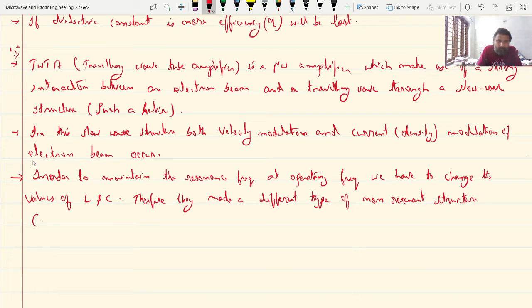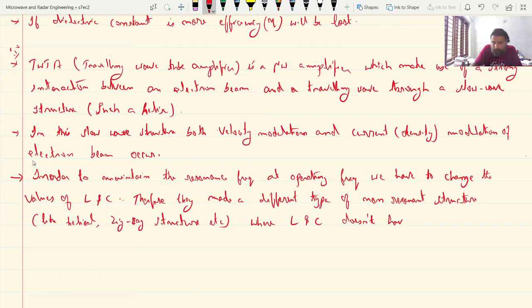I can call them helical structure, zigzag structure. There are many structures; let me come across those afterwards. Where L and C, inductor and capacitor, do not have to be tuned,